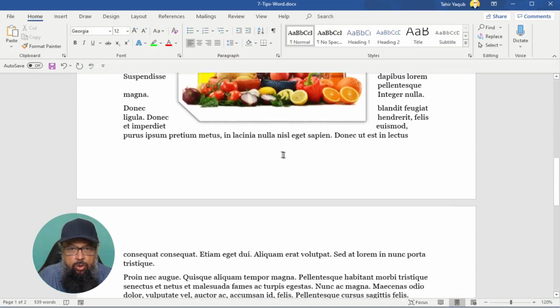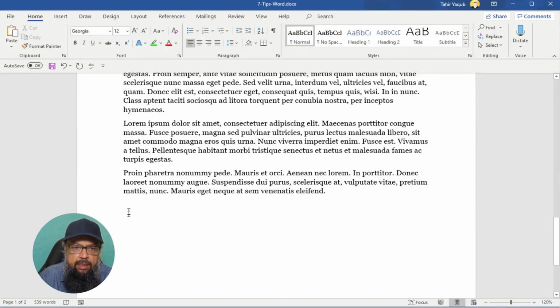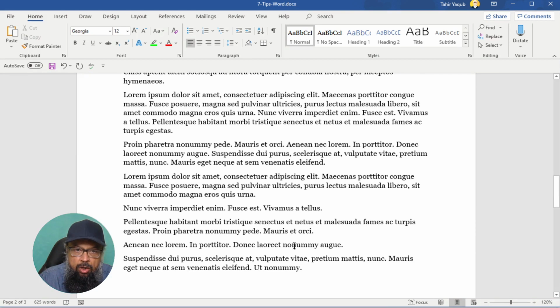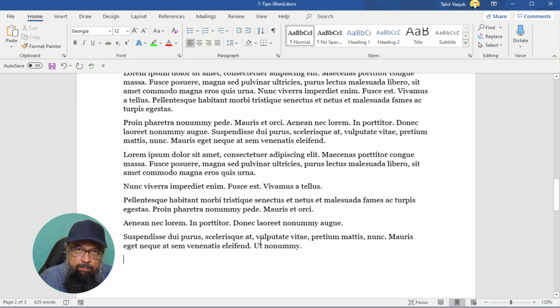So let me scroll down and I put my cursor where I want to place the dummy text, and then simply type =, lorem, and because it is a function, start the parenthesis and end the parenthesis and press enter. Now it has inserted lorem ipsum text, but if you want to have more control, this function can take